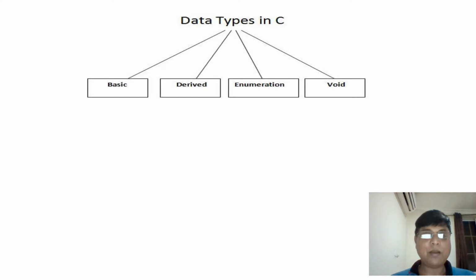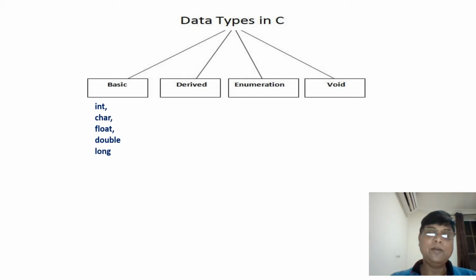So let's see what is meant by basic types of data. In C programming, we use integer, character, float, double and long. Integer is a whole number, character is an alphabet, float is decimal, and double is also decimal, like float but with a bigger size. Long is a type of integer data, but the size of long is bigger. When declared, these data types have their own specific memory size in a particular location. We'll see that.